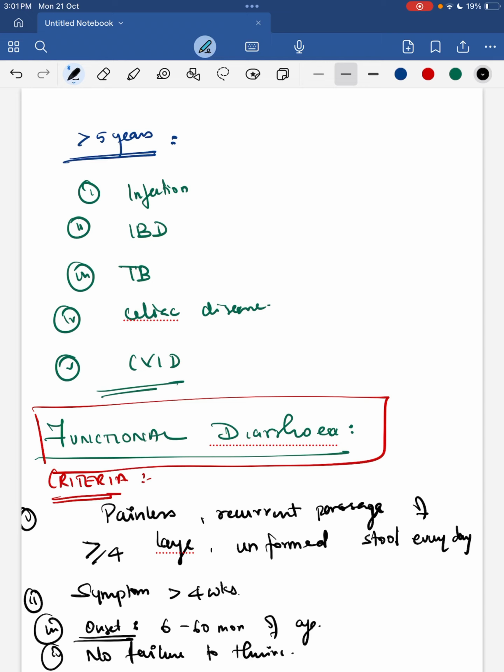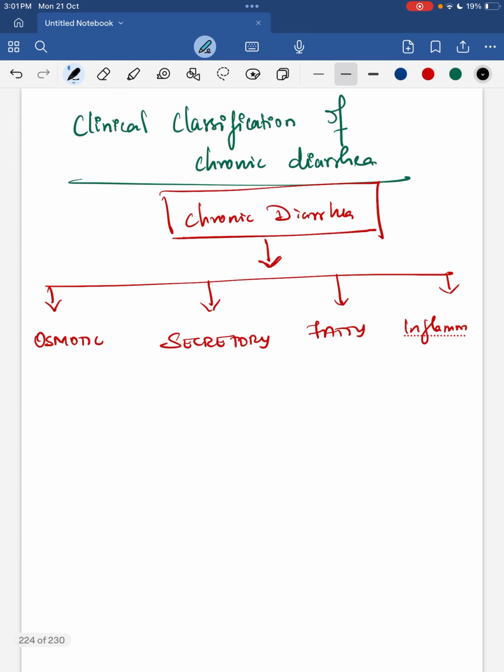Next, how do you classify chronic diarrhea when a child comes to you in your OPD? We classify chronic diarrhea into osmotic, secretory, fatty and inflammatory diarrhea. Osmotic is mostly diet related. When you stop a particular diet, the episodes of passage of stools will also decrease. This is diet related, while secretory is mainly